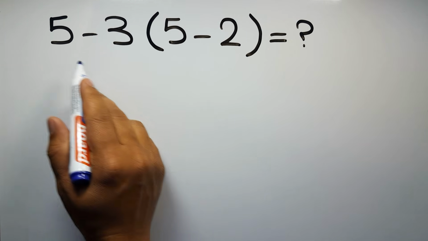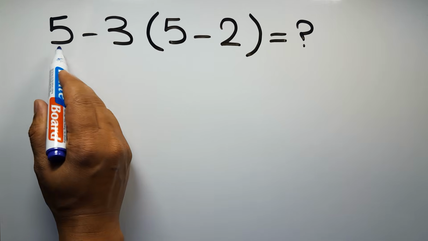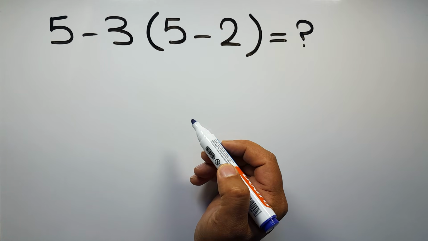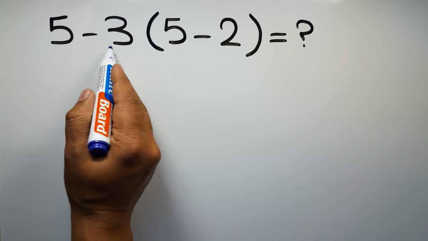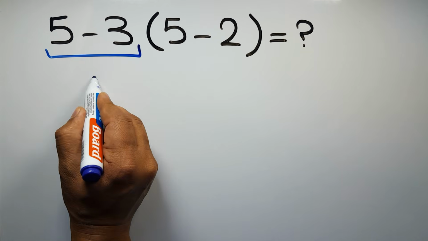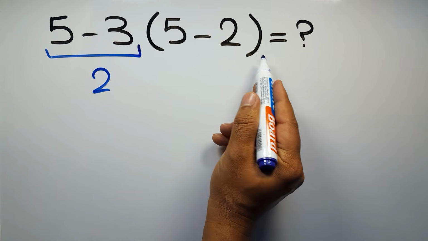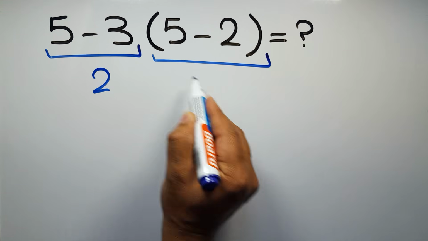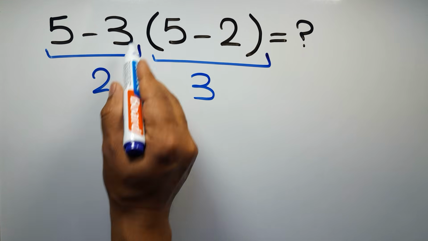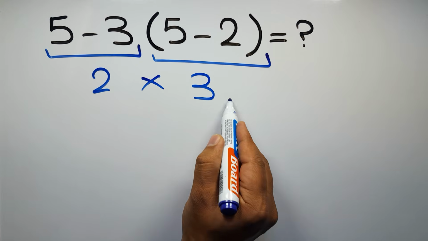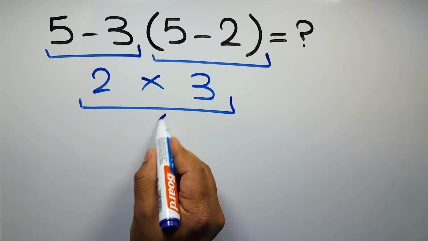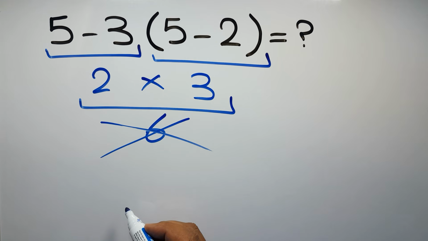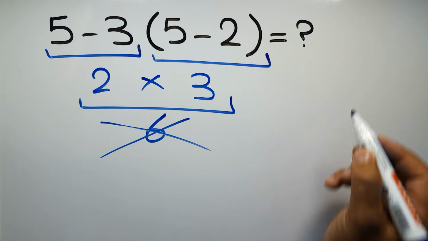In this video, we want to find the value of this expression: 5 minus 3 times 5 minus 2. Okay? 5 minus 3 gives us 2. And inside this parentheses, we have 5 minus 2, which equals 3. So 2 times 3 equals 6. But this answer is not correct, because according to the order of operations, which is PEMDAS,